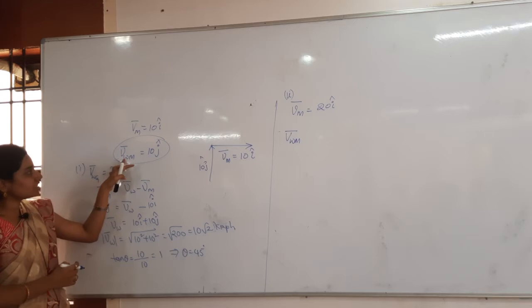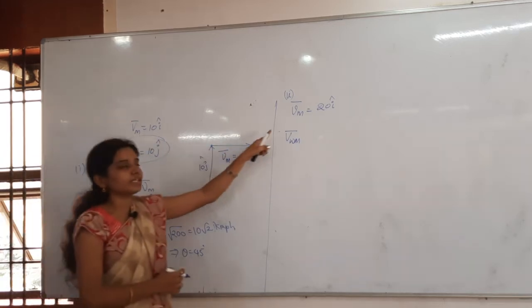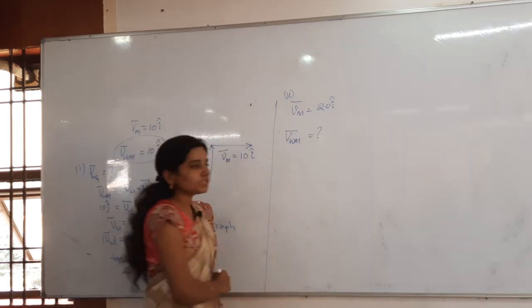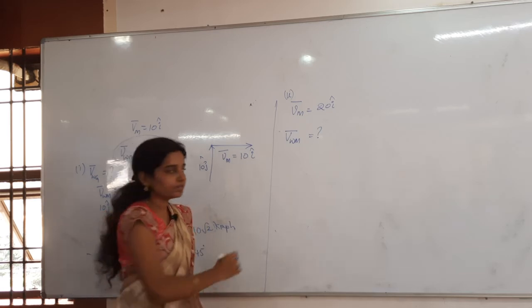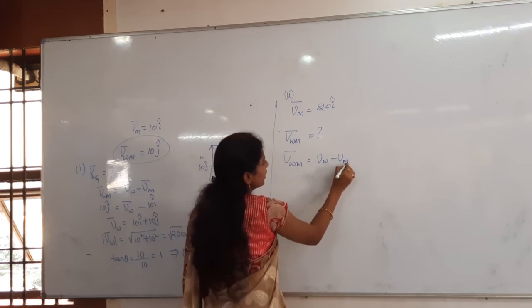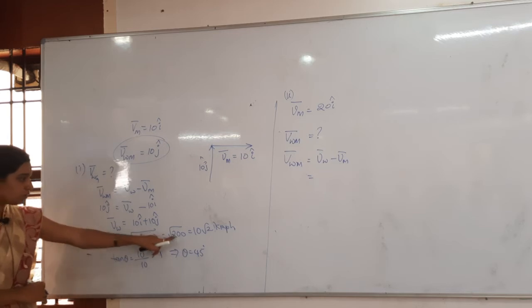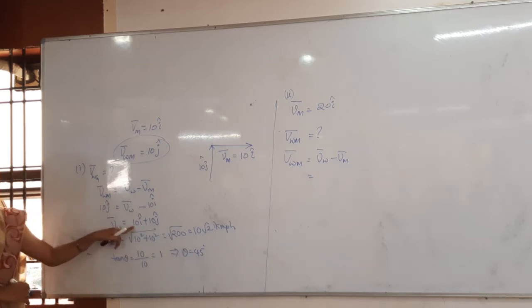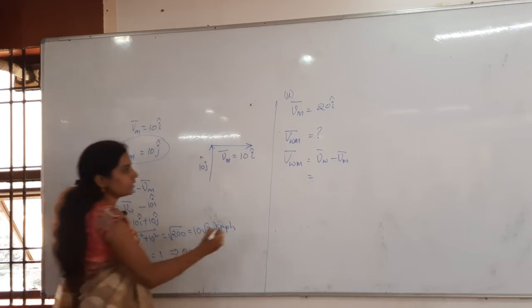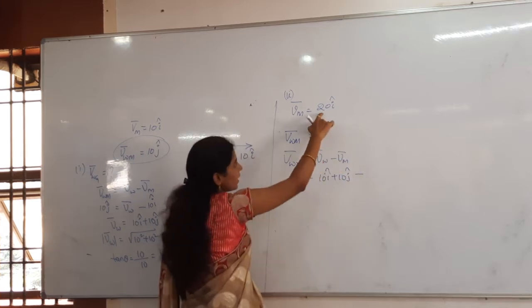Wait. So this is the velocity of the wind with respect to man in the first case only. Now he is increasing his speed. Whenever he is increasing his speed, what you have to find out? The velocity of the wind with respect to man. So VWM is equal to, I can write, VW minus Vm. What is VW? 10 root 2, but take it in terms of vector only. What is that? 10 i cap plus 10 j cap. This is the original velocity of the wind. So 10 i cap plus 10 j cap minus the velocity of the man, which is how much?